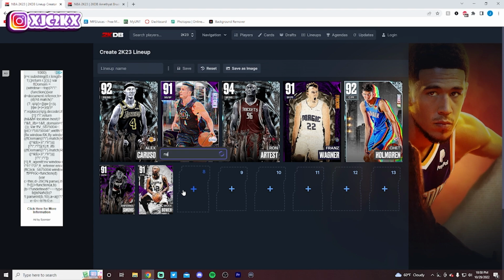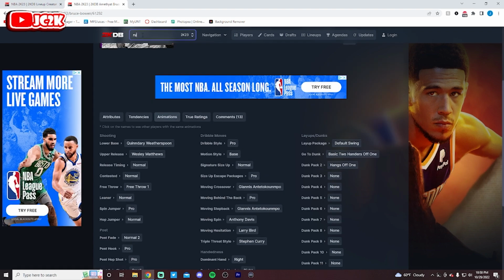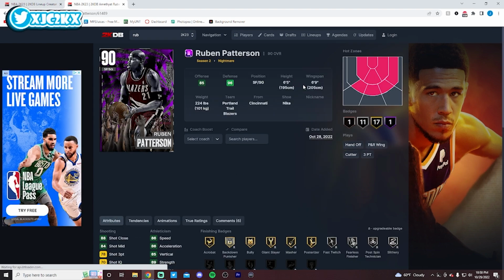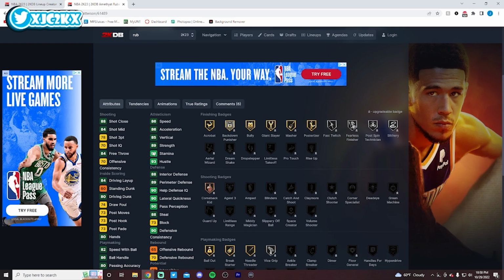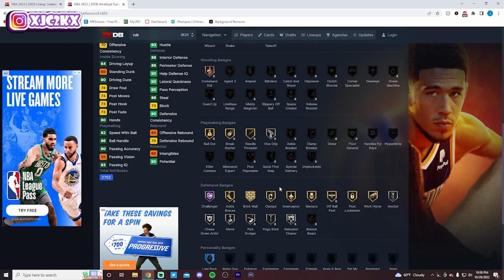Also coming in at 2,000 MT for the third player in a row is another new Nightmare player, and that is Reuben Patterson. Although Reuben Patterson is only 6'5" at the 3, I understand that he is undersized. He does have a good wingspan at 6'9", and he's got really good defensive ability, can shoot the ball solidly, and is a decent dunker as well. Just a really good lock at the 3, really solid slasher, and then an amazing defender with really good all-around defensive